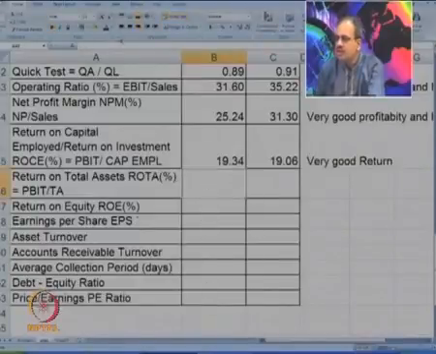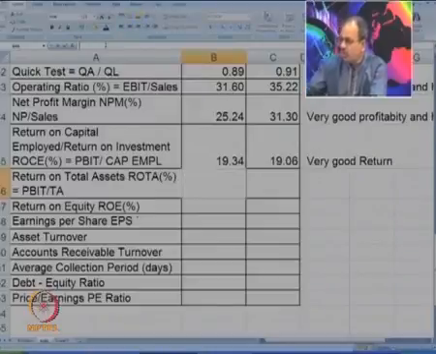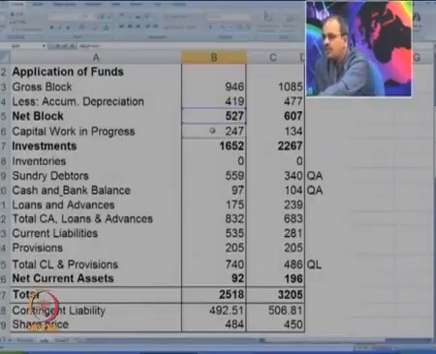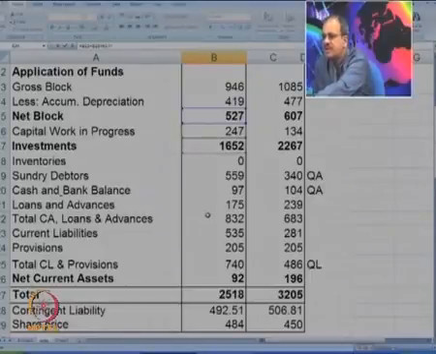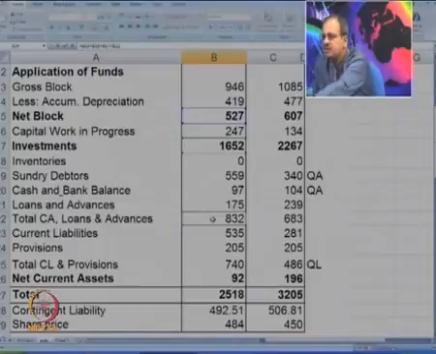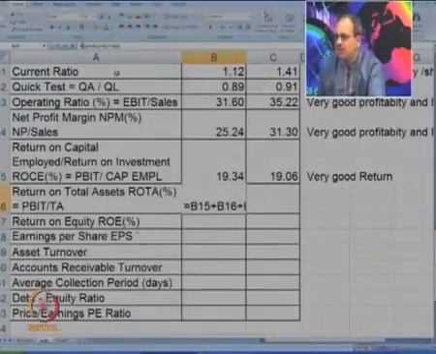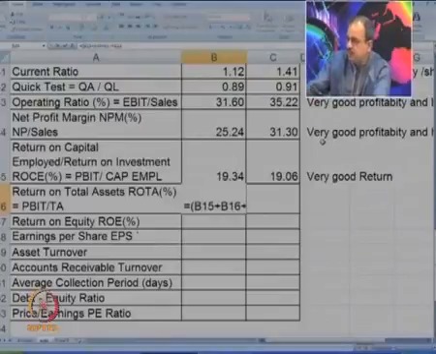So, in the denominator you want some total. So, we are going to take net block plus capital WIP plus investments plus total current assets, loans and advances. This is just the total amount. This I will put in bracket,